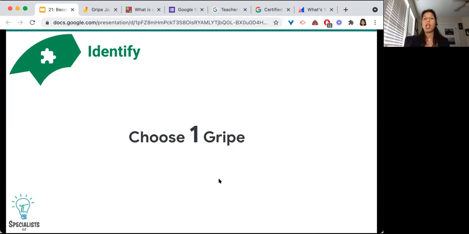So when you look at all of the notes that you've made, which one affects the most number of people and which one frustrates you the most? So go ahead and take a moment to find that one. And once you've found that one, if you want to rearrange your board so that it's in the center, or if you would like, you can put that in the chat.